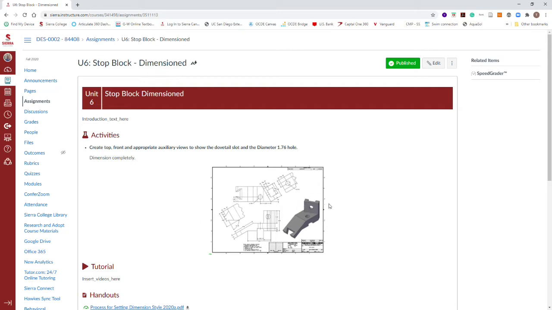So we're going to set it up more or less the same view pattern as what we have here. So we've got a front, a top, auxiliary off the back or the slot side, an auxiliary of the dovetail, and then an isometric placed where we've got room for it.